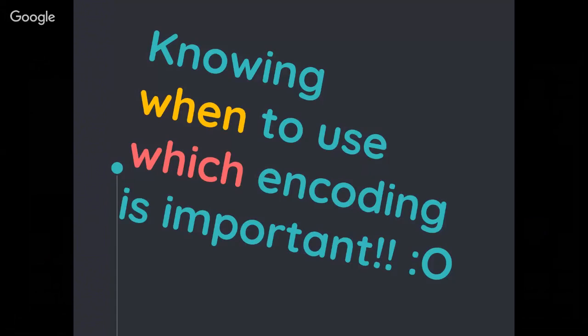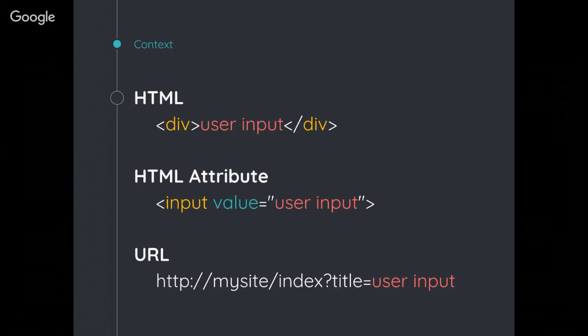So earlier in the presentation, I mentioned XSS is still a thing. And why is it so hard to defend against? That is why it's difficult, because user-supplied input can be used in so many different contexts. It can be displayed in HTML, it can be displayed inside an HTML attribute. It can even be used inside JavaScript. So for example,